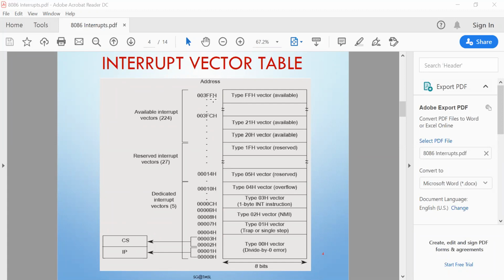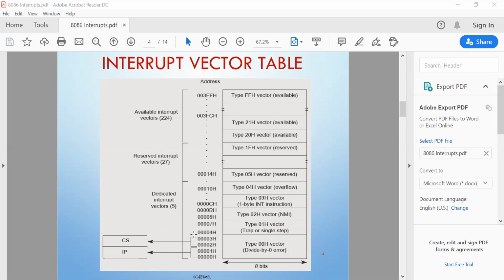Each interrupt vector indicates the starting address of the ISR of a particular interrupt in the memory. It contains 4 bytes, in which the lower 2 bytes are called the offset and the upper 2 bytes are called the segment. So the lower two bytes, 00000 and 00001, are used to store the IP,